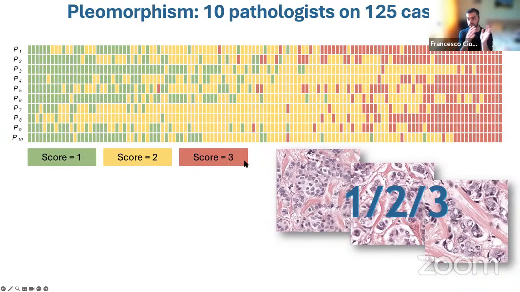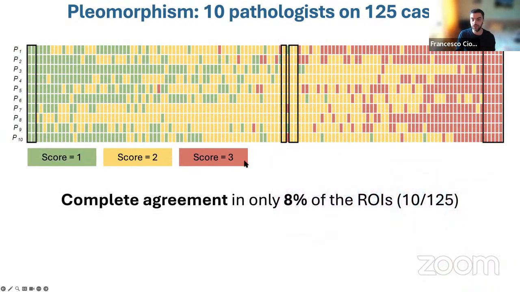And you see, actually, there is a trend a bit, but they don't fully agree. And actually, it was pretty surprising for us to see that they completely agreed only on 10 cases out of 125, so only 8%. Overall, they did agree mostly on cases, except a few outliers, like this one here said it was high grade, and the rest was saying it's low grade, and something maybe here the other way around. But this was really the first evidence for us for this task. There was not much also in the literature about pleomorphism, that there is quite some disagreement.